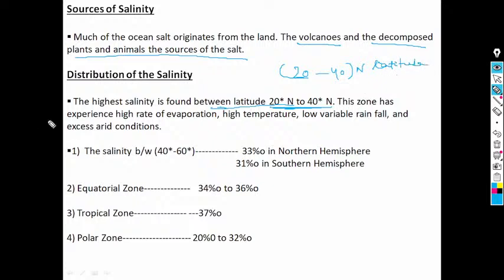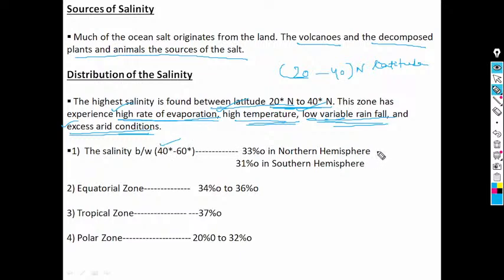This zone has experienced high rate of evaporation, high temperature, low variable rainfall and excess arid conditions. Arid means dry. The salinity between 40 to 60 degree